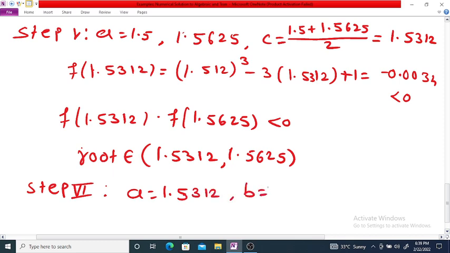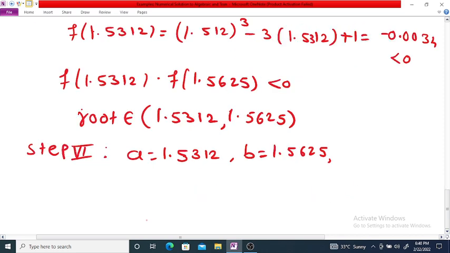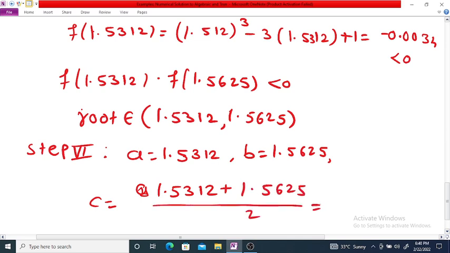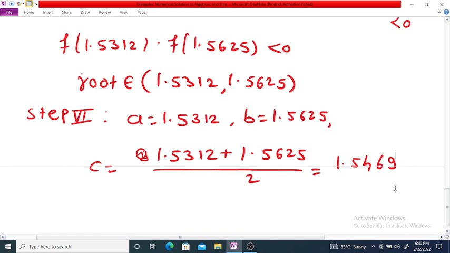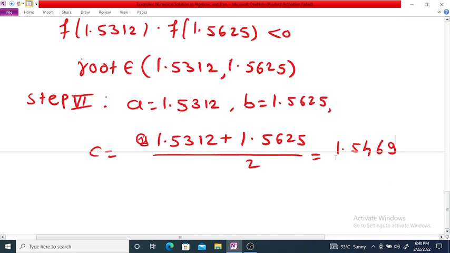and b is equal to 1.5625, and c is equal to (a plus b) by 2, that is 1.5312 plus 1.5625 divided by 2. If we solve this, we get c equal to 1.5469. So again, since the values of c are 1.53 and 1.54, they agree only up to 1 decimal place,